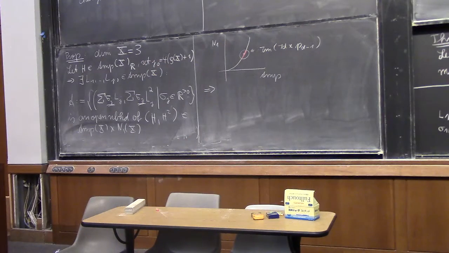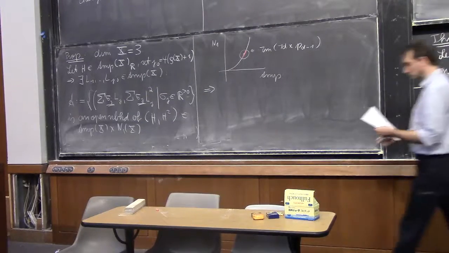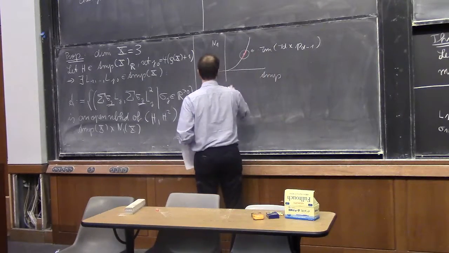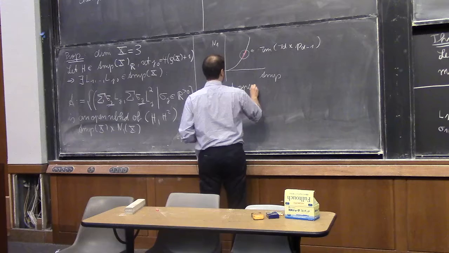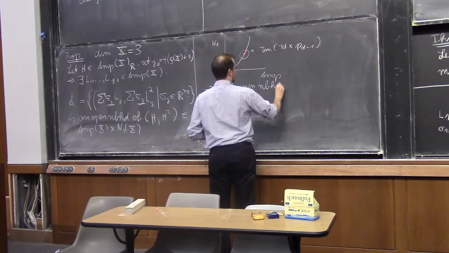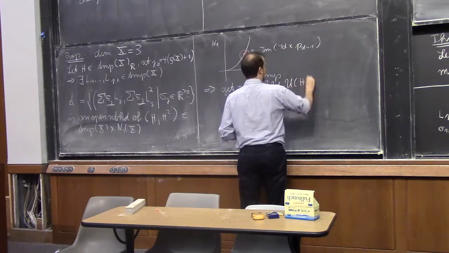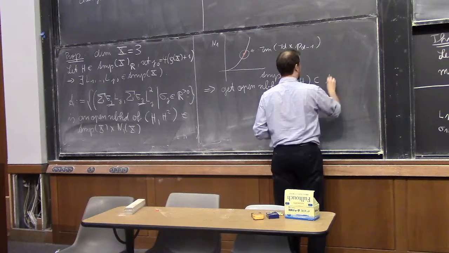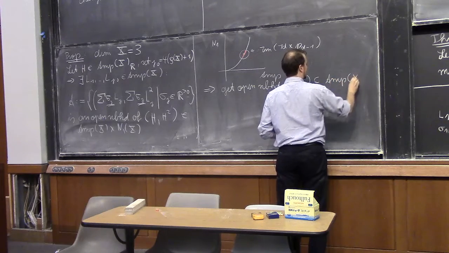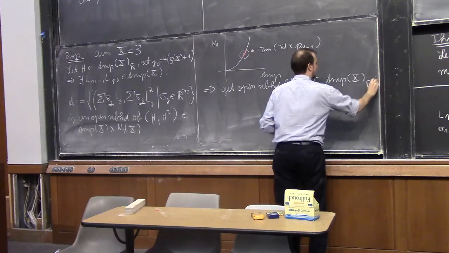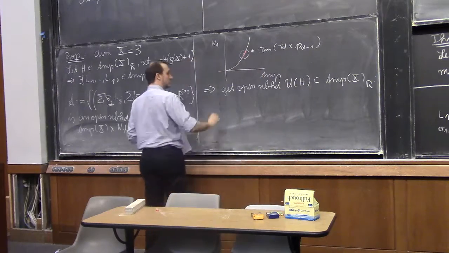So in this way, I get an open neighborhood U_H inside the real ample cone such that the following holds,